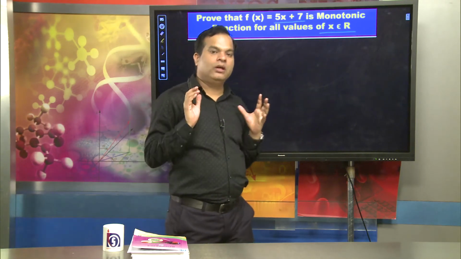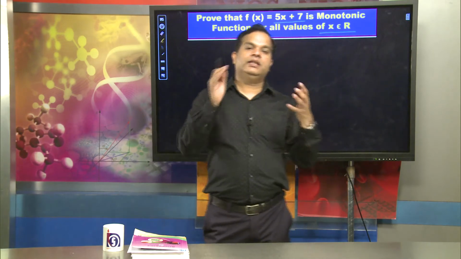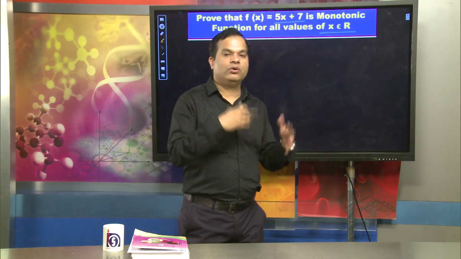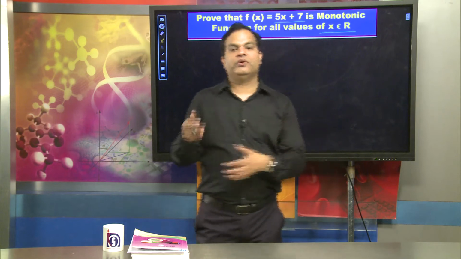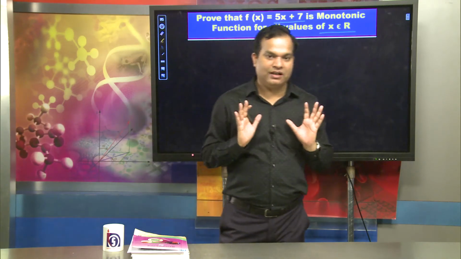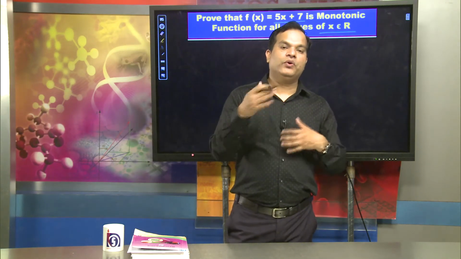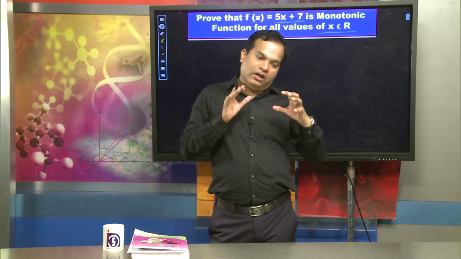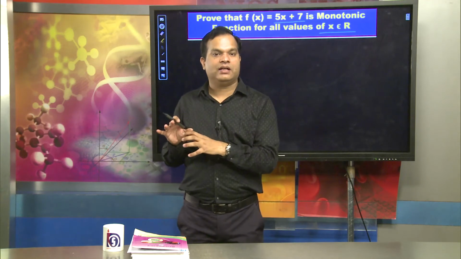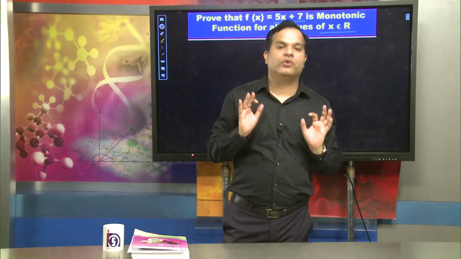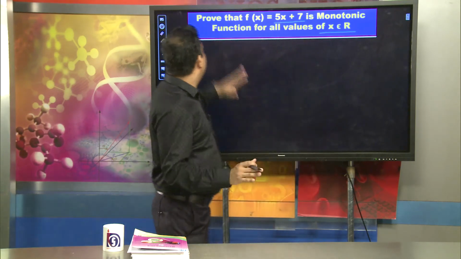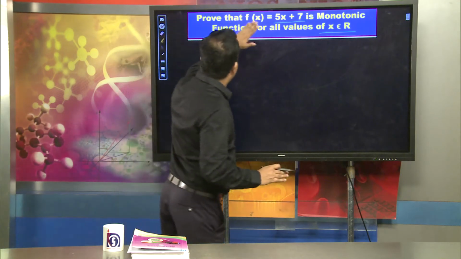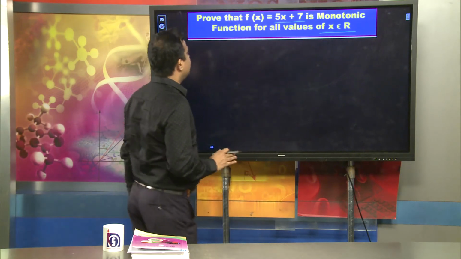Monotonic function means we have to show whether it is monotonically increasing or monotonically decreasing. This part we have to check: whether the function is monotonically increasing or decreasing. If only one condition is satisfied, then we can say that the function is a monotonic function. So let's see, when we are going to prove that f of x is 5x plus 7 is a monotonic function,